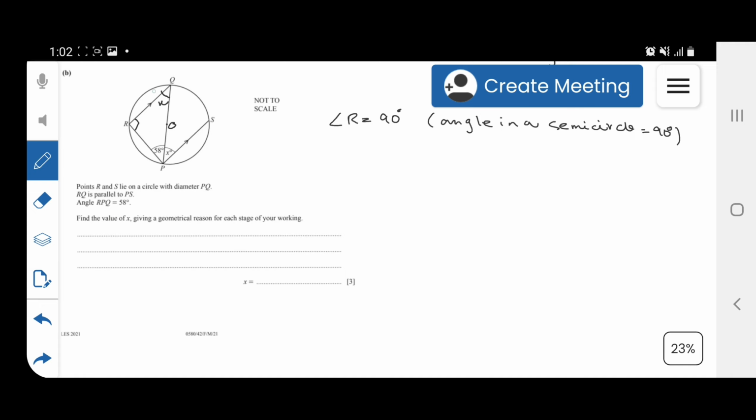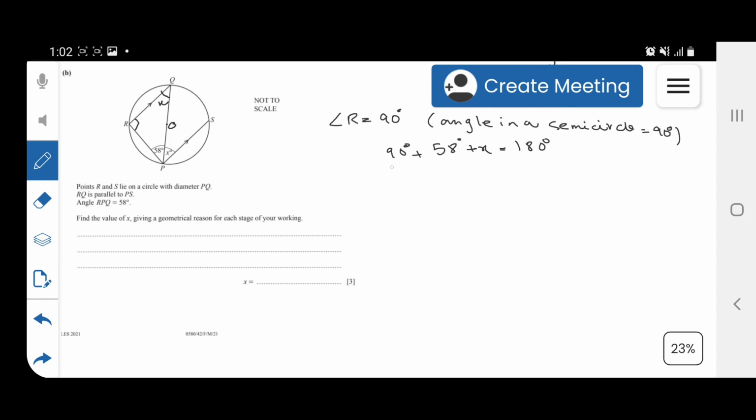So here this angle is known as X, this angle is an unknown, but the name is X, and this one is 90 degrees, this one is given as 58. So here we can apply the sum of the angles of a triangle, which equals 180 degrees. So let's add up all the angles, and then we will be able to find X, like 90 degrees plus 58 degrees plus X equals 180 degrees.